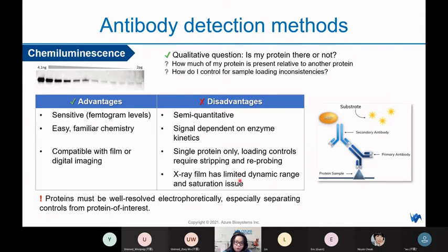And also due to this feature, since it cannot distinguish different proteins, it is difficult to visualize multiple bands at the same time on the same blot, because the bands most likely overlap, stacking on one another. These overlapping bands can also impact the detection of your, let's say, housekeeping protein or your loading control and so on. So unless these controls are separated properly from your protein of interest,